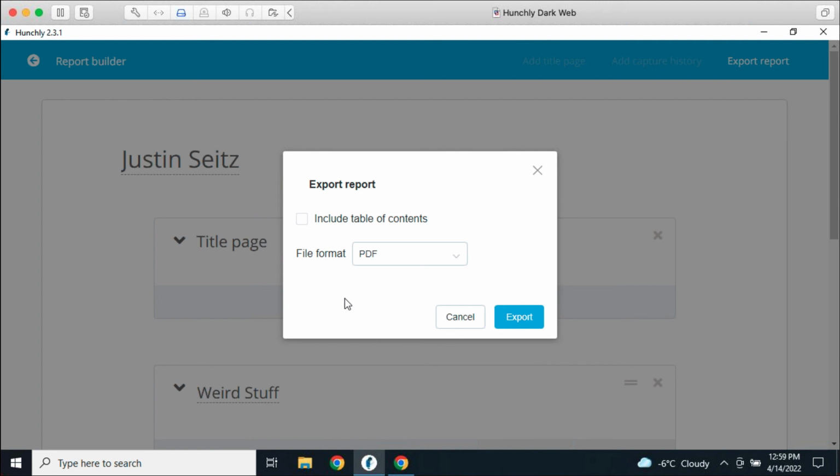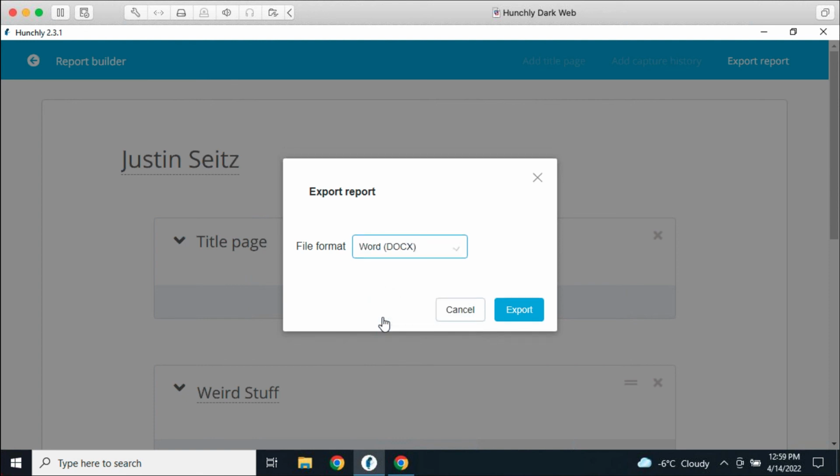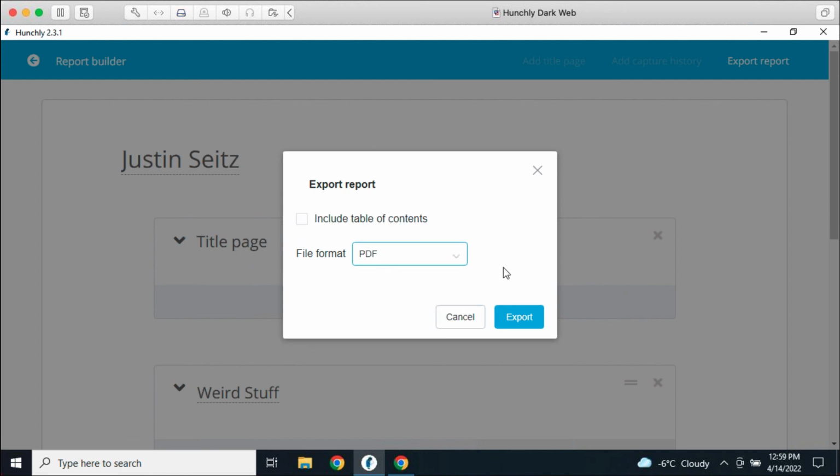I have a Word template that I use for all of my reporting. So what I'll do is I'll export it to Word, and then I'll open my Hunchly report on the left, and I have my regular report template on the right, and then I'm just pulling stuff across from my Hunchly report over. If you want to just send an interim report or something quick and easy, you can build it